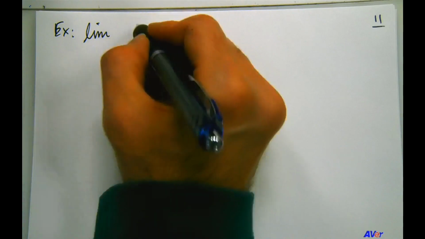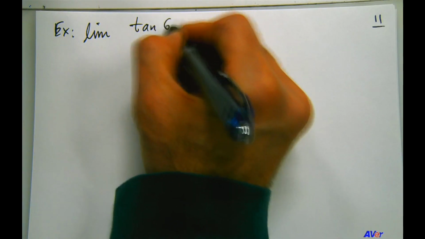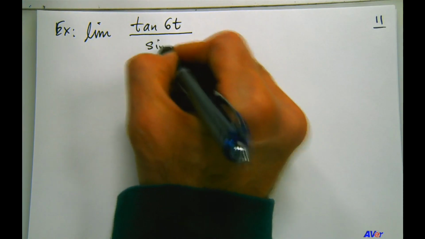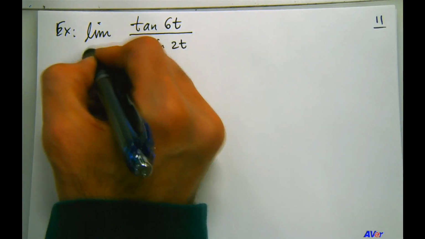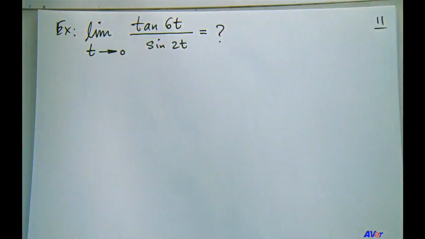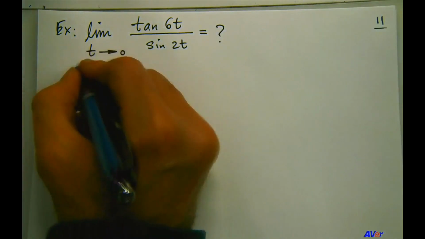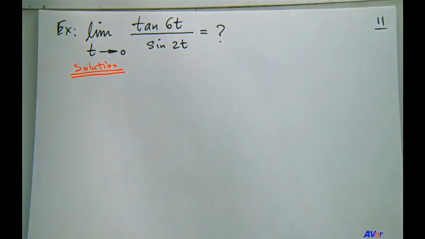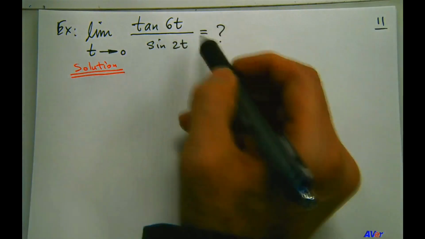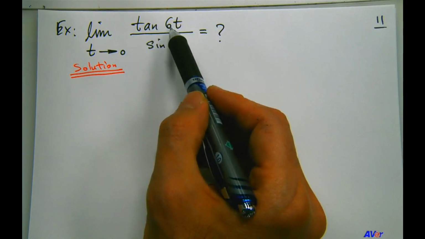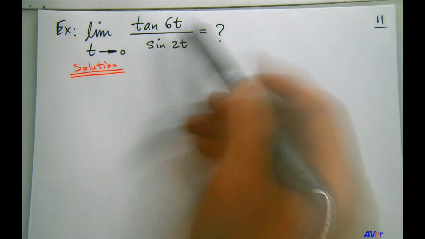Suppose we have the limit of this expression, tangent of 6t divided by sine of 2t as t approaches 0. What is it equal to? That's the question that we want to answer. From trigonometry, we know that tangent of 6t is equal to sine of 6t divided by cosine of 6t, so let's make use of that